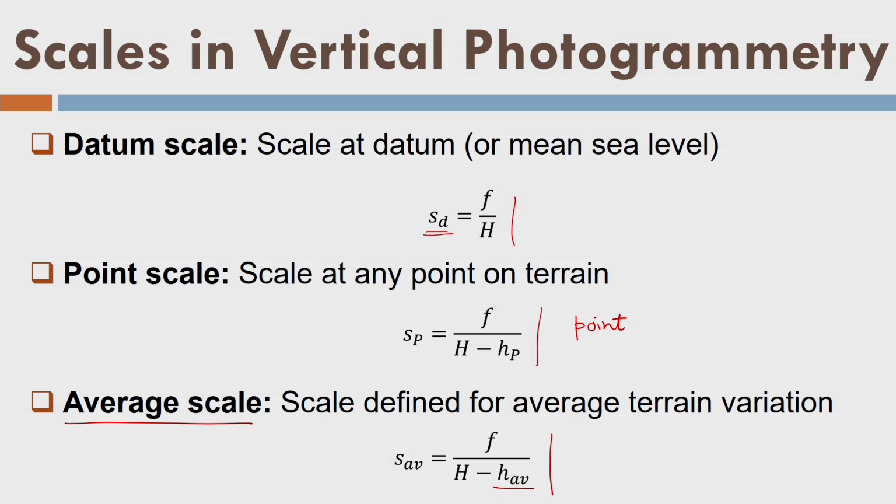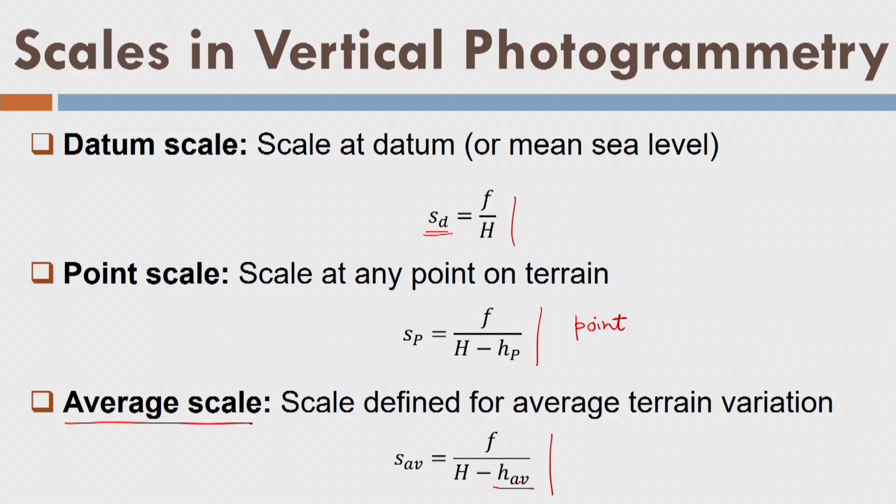So, this is a preferable scale when the variations on the ground surface, that means the height variation of different points, are of the same order, and accordingly it will decide the scale. If the variations are very high, for example 200 meters, in that case this average scale will not carry any meaning, because one point definitely has a very high scale, on the top of a hill, and there is another point on the ground surface having a very low scale. So, if I take the average, this average scale is not going to represent the real ground, and that will give me a map with a lot of errors. So, we should be very careful while we use any scale.